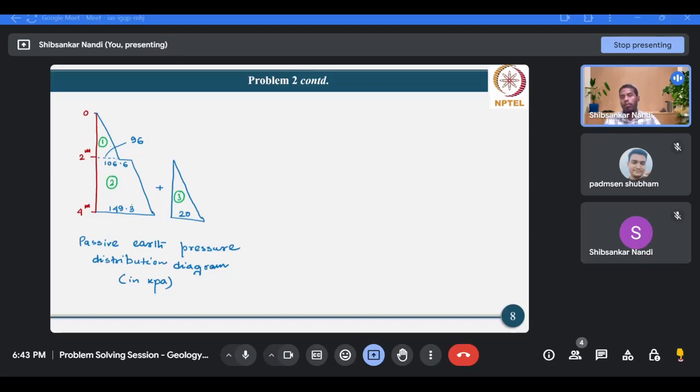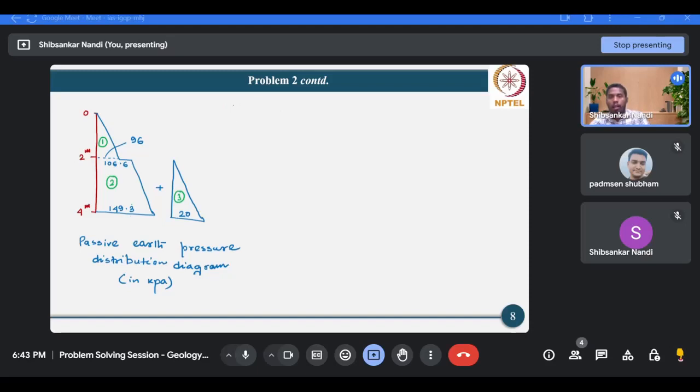Okay, so triangle, trapezium, and this is another triangle. If you don't know the area of this trapezium, or you cannot recall it at that moment, then you can split the lower trapezium into two parts. One is a rectangle and another one is a triangle. Okay, so now we'll